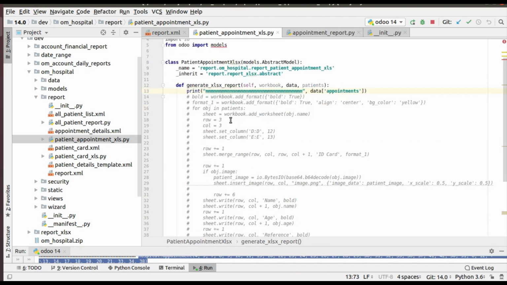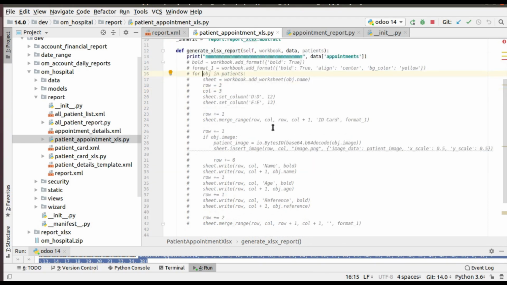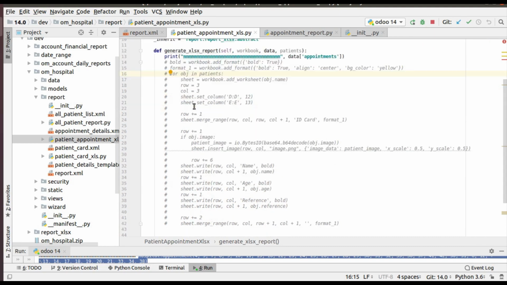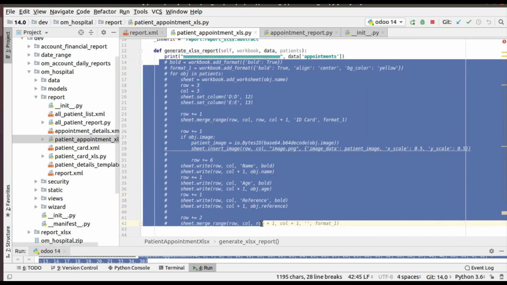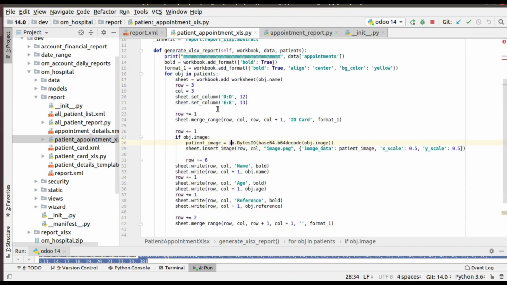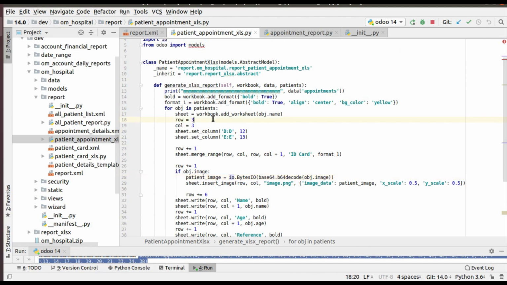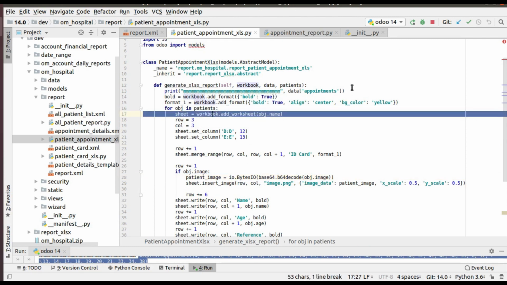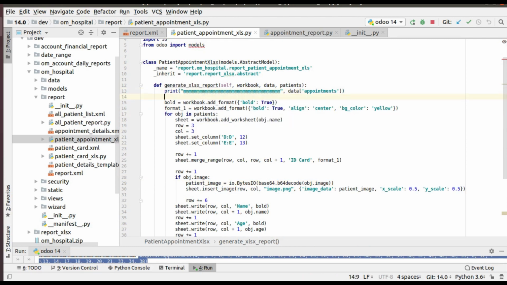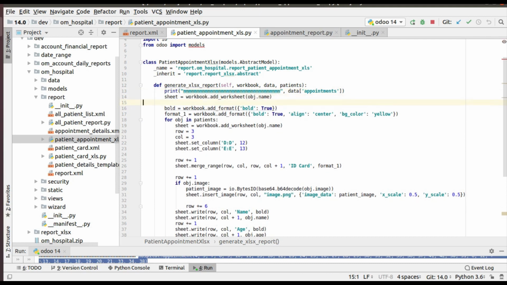So what we have to do now is design the template. Let me start, let me uncomment these codes, and what I will do, we have to get a sheet. I'll add a sheet. Don't worry, I'll explain what I'm doing.